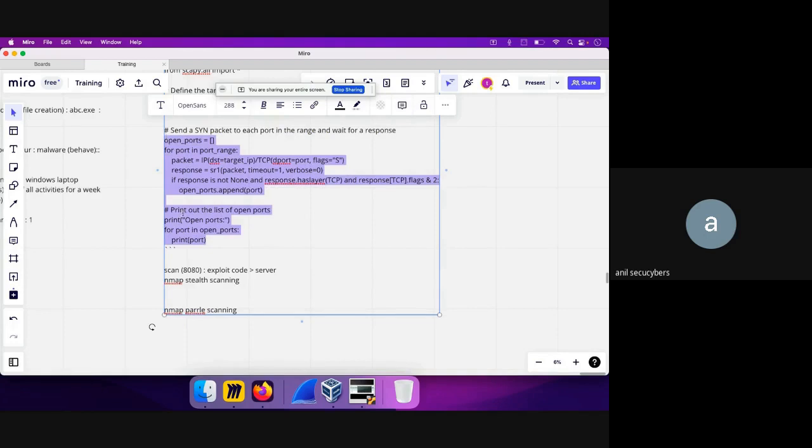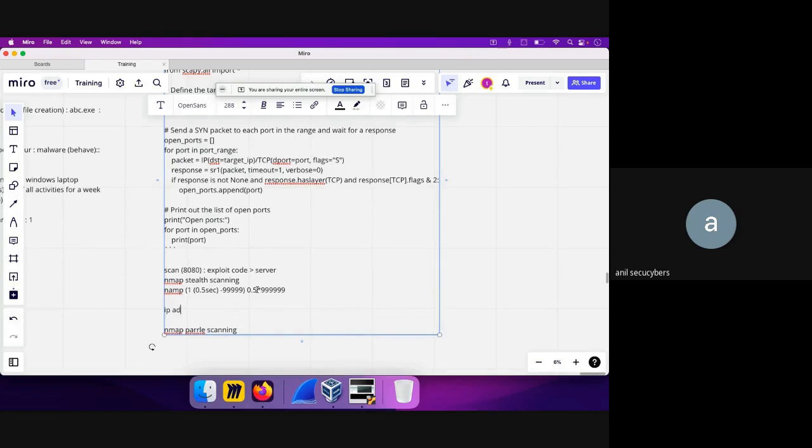Because when you do a normal nmap scan, and let's say you are scanning from port number 1 to port number 9999, each port will take around 0.5 seconds. So if you calculate, it will take around 0.5 times 9999 to complete that scan. Now nmap has a feature which does parallel scanning, but sometimes it doesn't work. So if I have an IP address, for example, which I want to